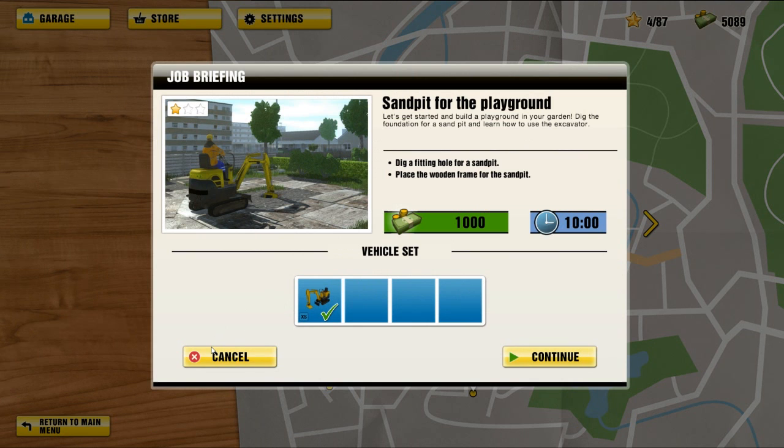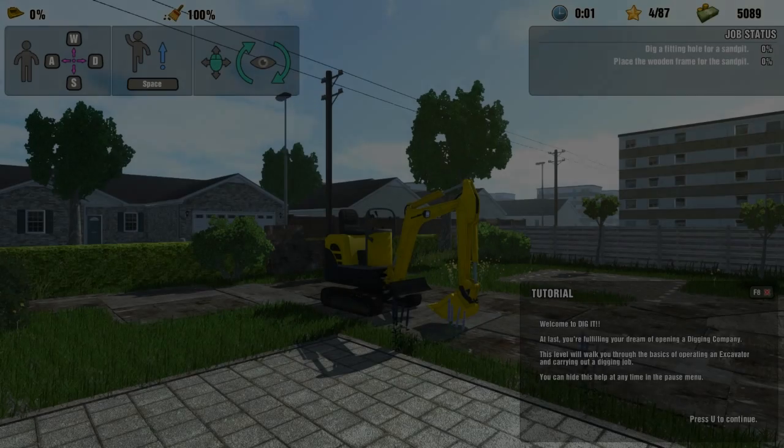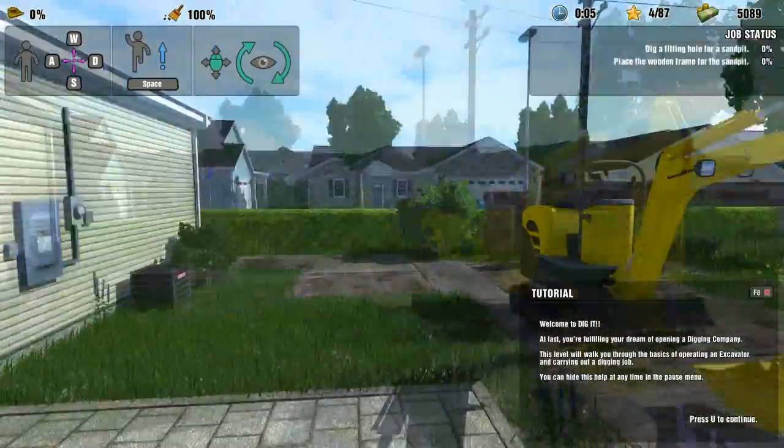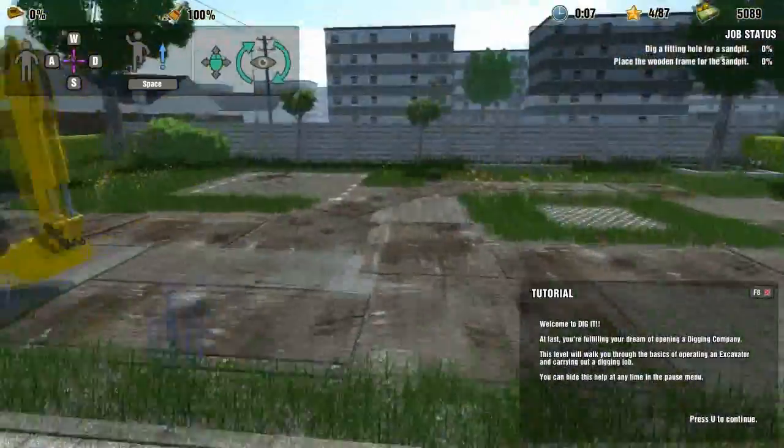Let's get started and build a playground in your garden, dig the foundation for a sandpit, and learn how to use the excavator. So we have the vehicle that we need. We also have 1,000 coins to win, and we've got 10 minutes as well. So a bit of coinage wouldn't go too far astray, because we need to get a lot of money to get some better vehicles. Now the game doesn't look all that bad really, and you'll be able to see, I'm